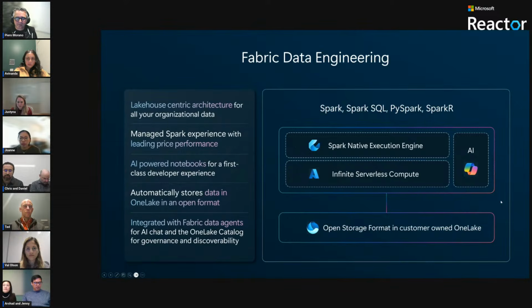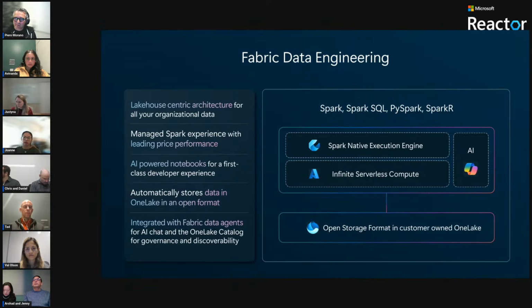So what is Fabric Data Engineering exactly? It's designed to empower organizations to manage and analyze data at scale. It includes a Lakehouse-centric architecture, which helps you unify all your organizational data into a single open, governed environment. We also provide a fully managed Spark experience that delivers leading price performance.